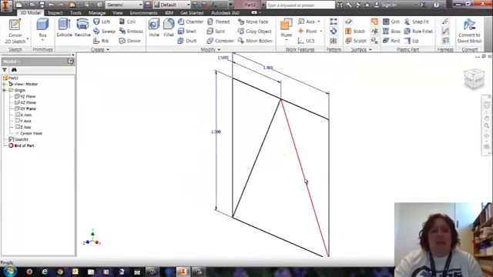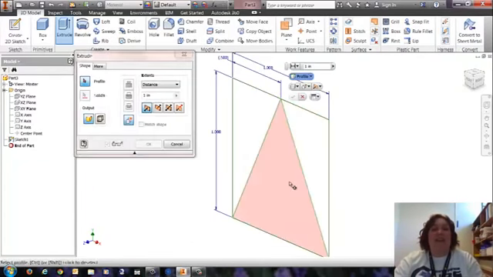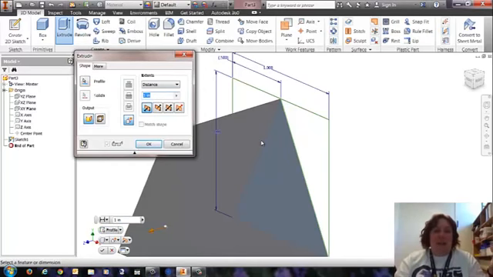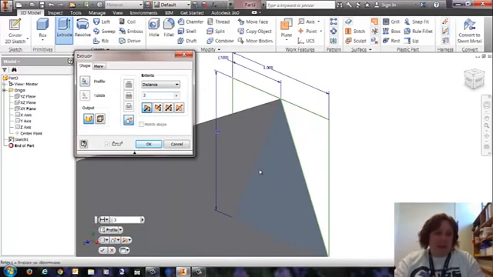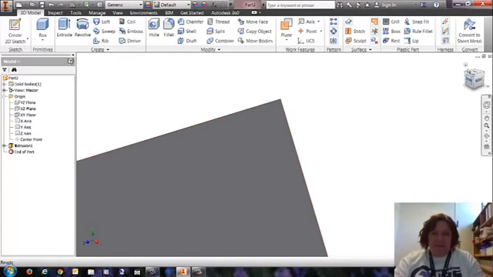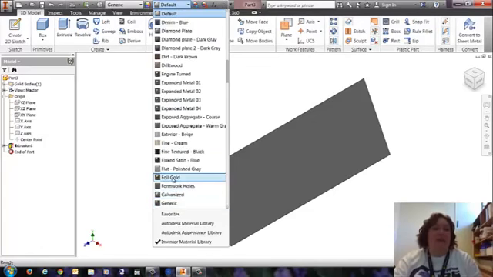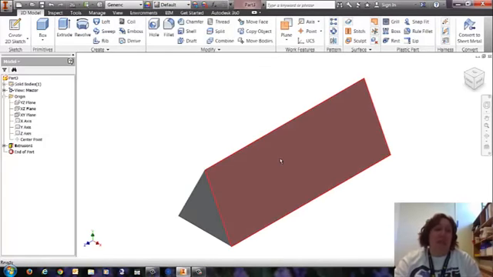Now I'm going to click on one of the uprights of my triangle, and I tend to call this the grilled cheese sandwich method, where you make a rectangle and then cut it to make a triangle. In this case it's 3 inches long. Home view, there we go, there's my triangle peg. Now, let's assume I want my pegs to be different colors. I can always change them here, but I can also leave it alone and change them later to make it